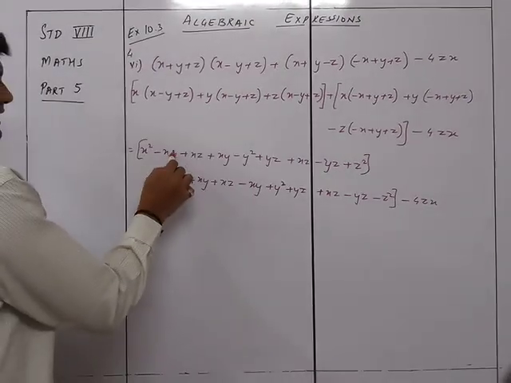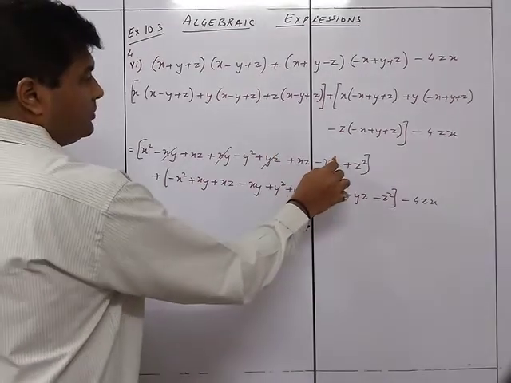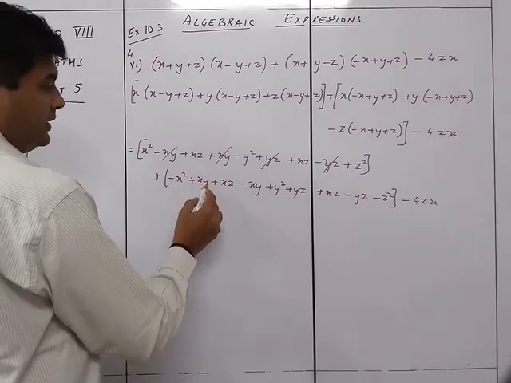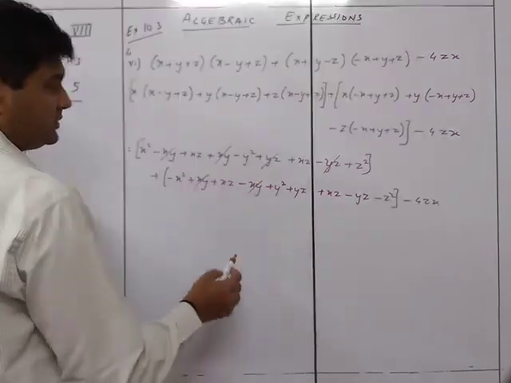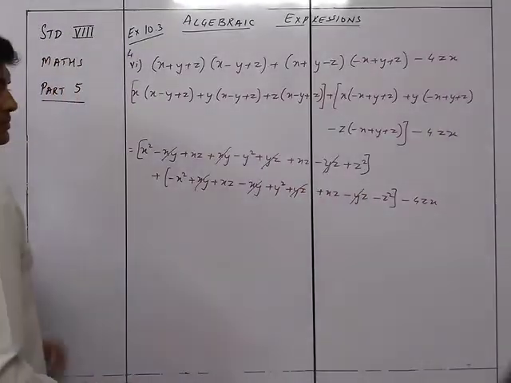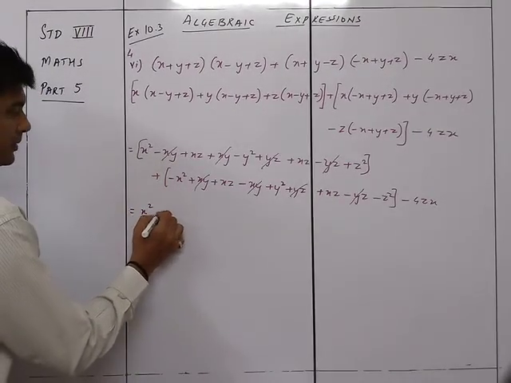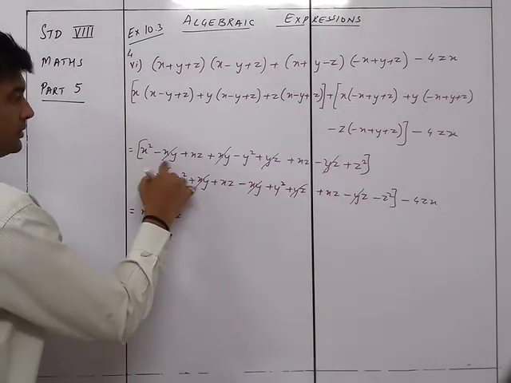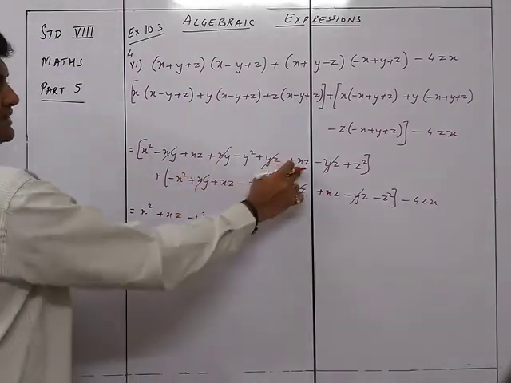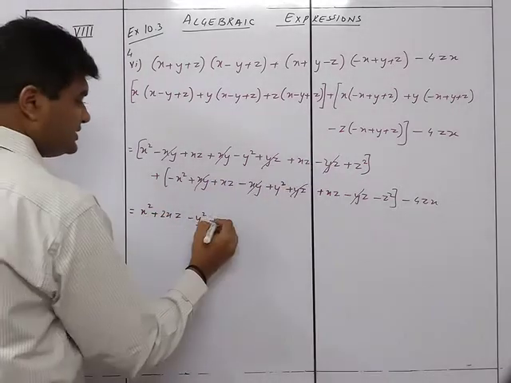You can see minus xy plus xy cancels, xz yz cancels. Over here xy cancels, yz cancels. So what remains over here is x square plus xz minus y square plus, xz and xz are there, so 2xz minus y square plus z square